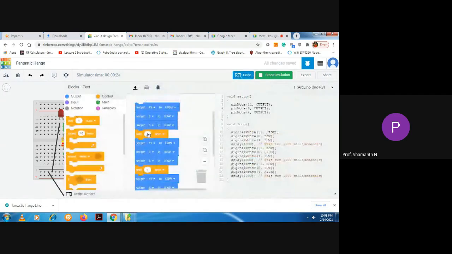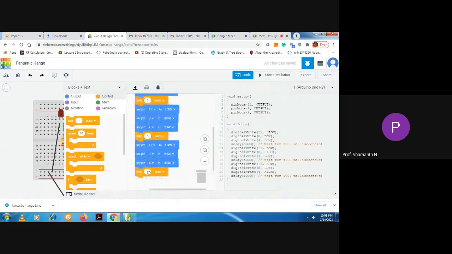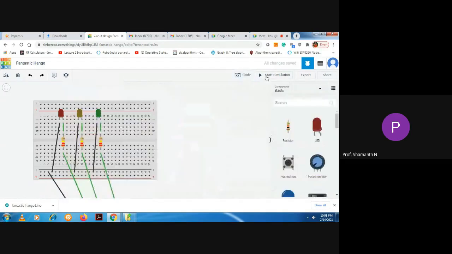Let me keep it 5 seconds each, and start simulation. You can see the red LED is on now. Then the yellow LED is on. Then the green LED is on, and this process repeats.